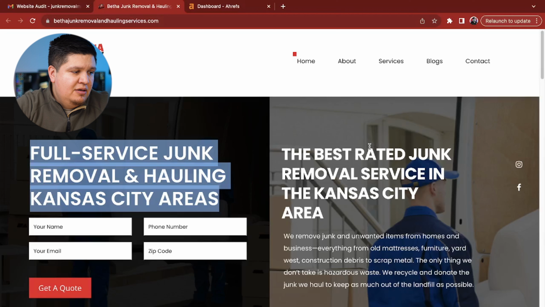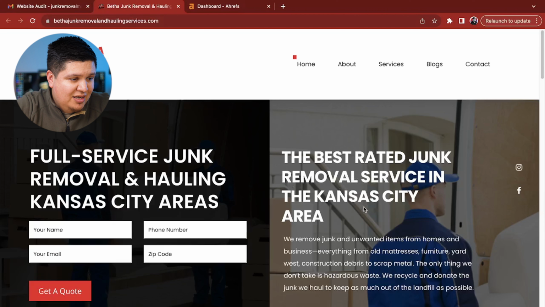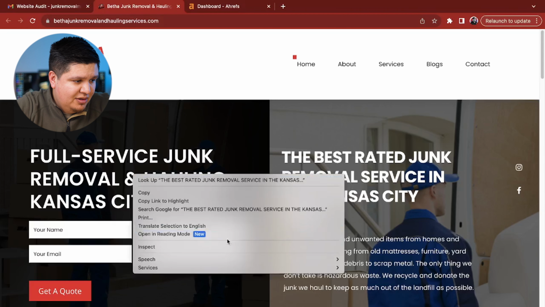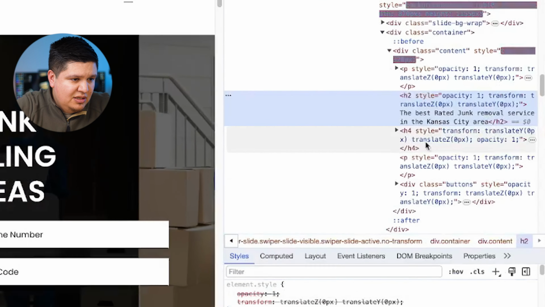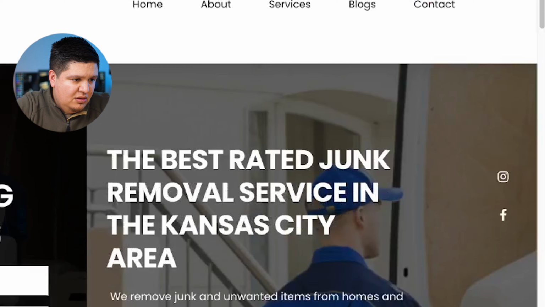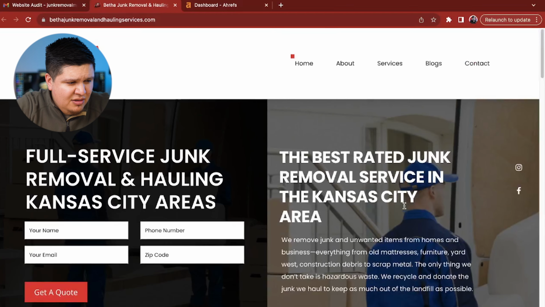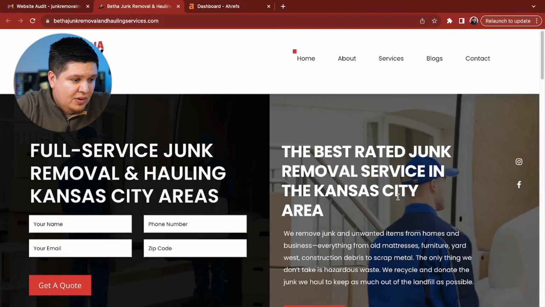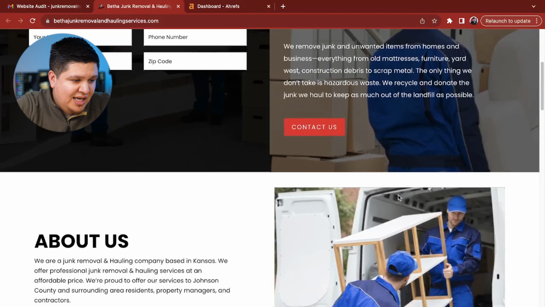But you can see here, their H3 tag doesn't necessarily say that. The H3 tag isn't seen as important, but we are looking for an H1 tag or an H2 tag. So for this next one right here, we actually can't hover over it, so we're just going to right click and hit inspect, and we can see here that they're using this one as an H2 tag. It falls right here under the H2 brackets. So this is basically the second most important phrase. And this is an okay H2 tag, but really we're looking for the H1 tag